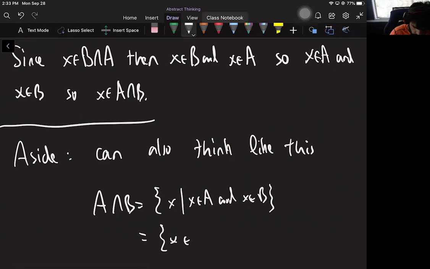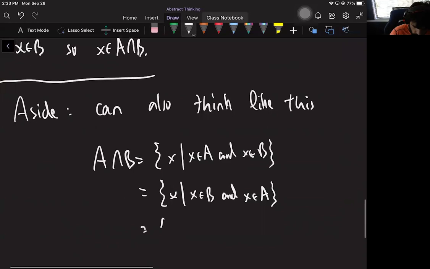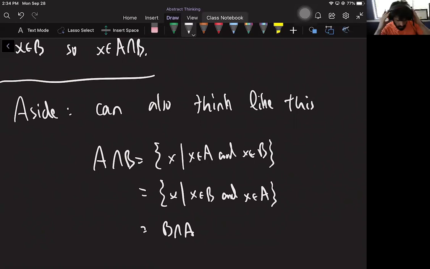So saying this is basically just the proof written a little bit differently. Is the same as saying this. And that's just exactly what B intersect A is. So this technique will also be used occasionally. Okay,